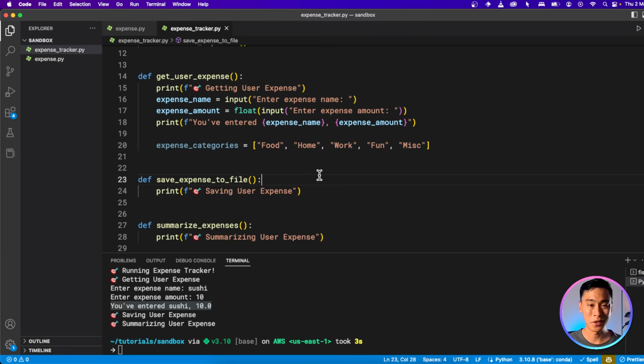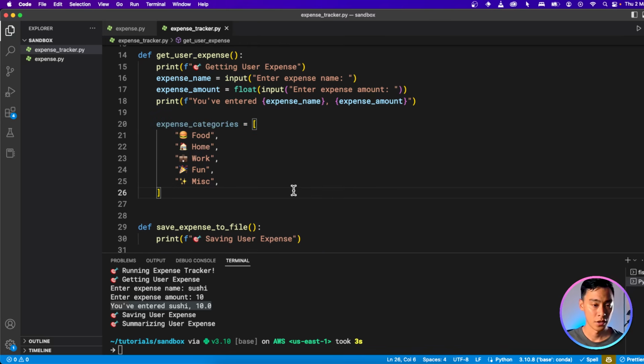And just to make this a little bit more visual as we're building this out, I'm going to add emojis to each of these names as well. Okay, so now we have our list of categories. We want our user to see that list and choose from one of them. So what I'm going to do is present them with a list and have each item have a number on it. So 1, 2, 3, 4, 5. And then the user will select one of these numbers. And if they select something that isn't a number or the number's out of range, then we will basically just tell them to do it again.